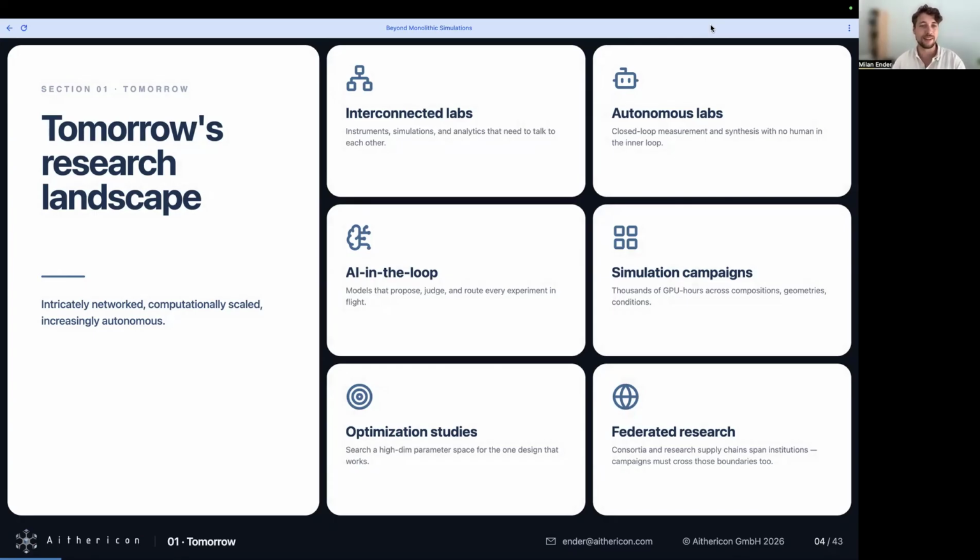So let's start with the challenges, or better to say, the vision that slowly comes to be in our minds and how research of tomorrow should look like. We have a lot of topics converging on each other. For example, we have the idea that we interconnect labs to one another to have some central storage, some central overview of what's going on, and also, of course, increased automation in our laboratories. So from robotic arms that might insert samples to fully autonomous measurements and so on.